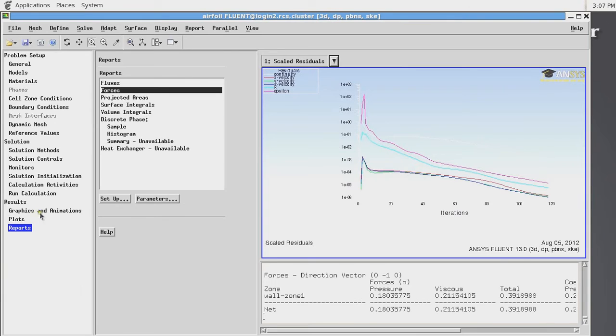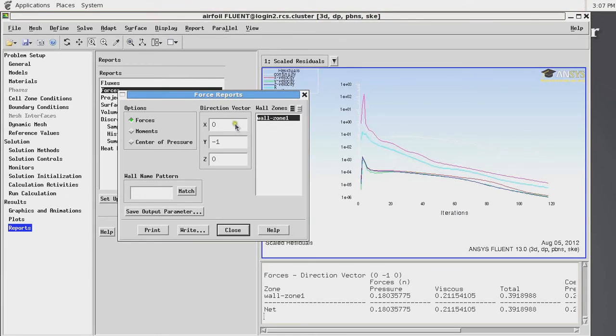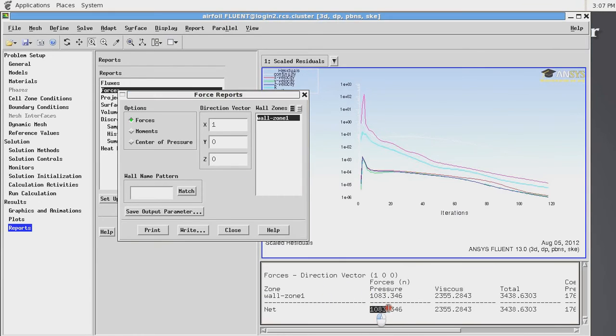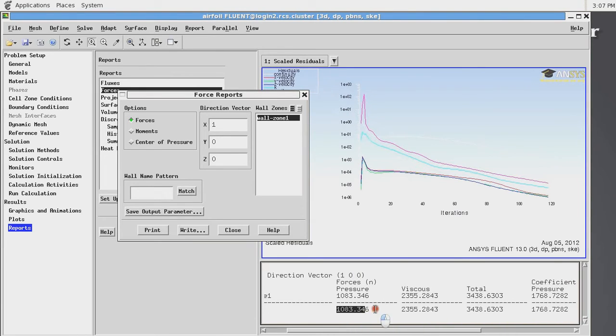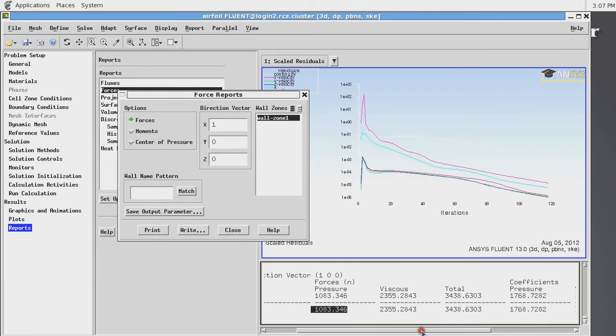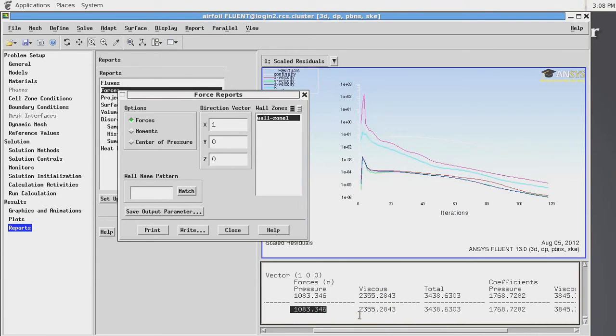Okay, so I found another way to just check the forces. We go to reports, we go to force, and we have to select the wall, and for example choose the direction as 1 and print it. So in the x direction the force from pressure is 1083 Newton. So this will cause drag. The viscous forces and the total forces,